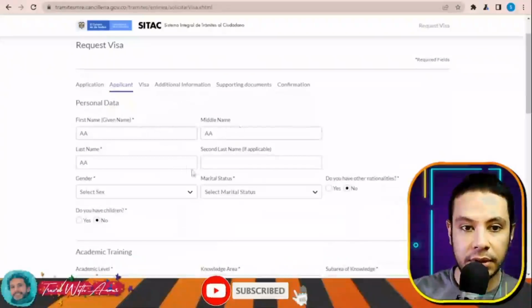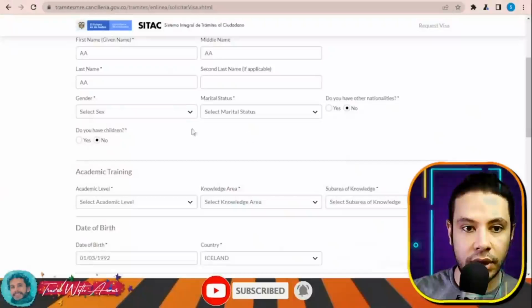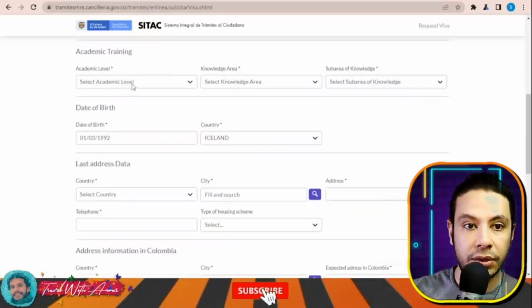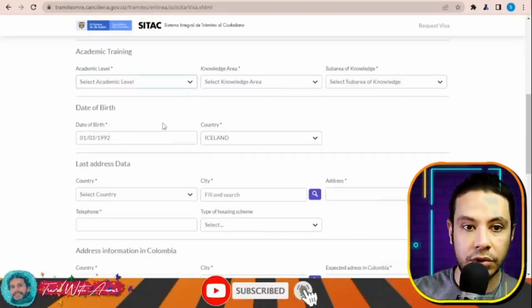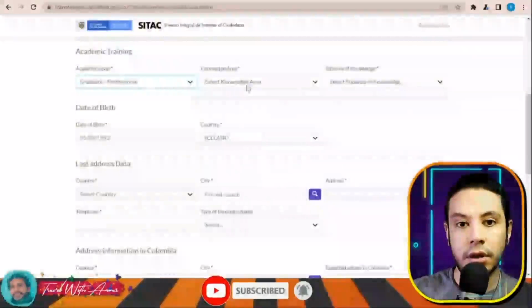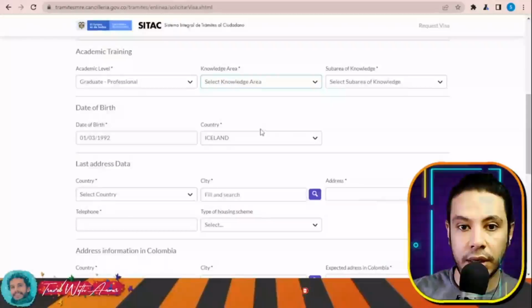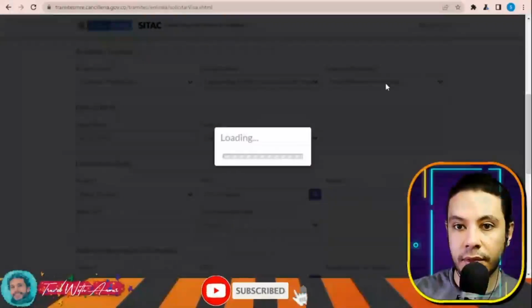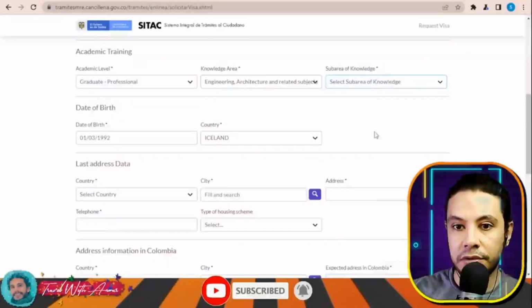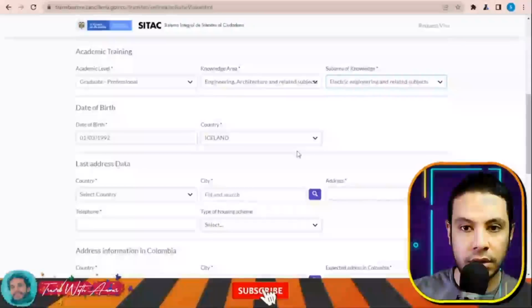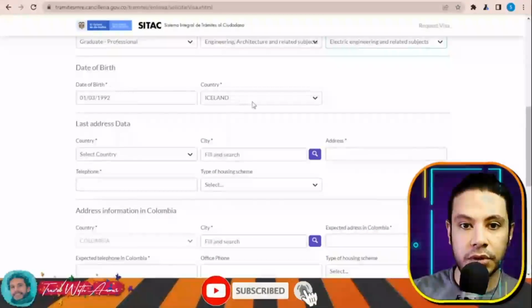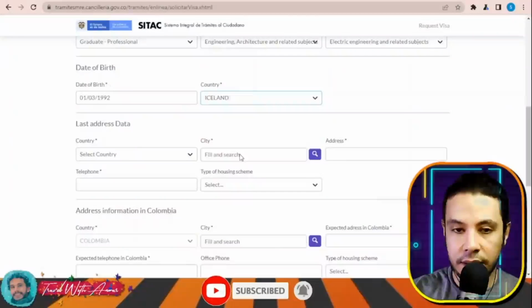For the applicant, my personal information. Do you have children? No. Do you have other nationality? No. Academic training, academic level, let's say I'm just a graduate. Knowledge area, engineering, for example. Sub areas of knowledge, whatever it is. Date of birth, the country, India,